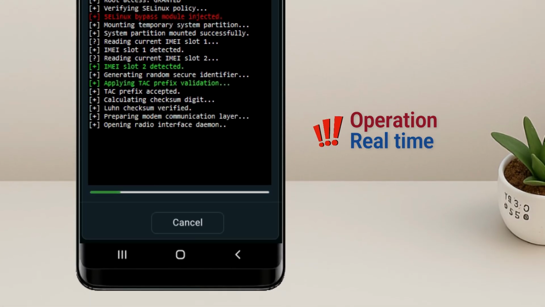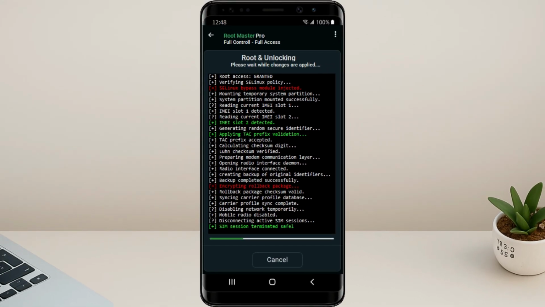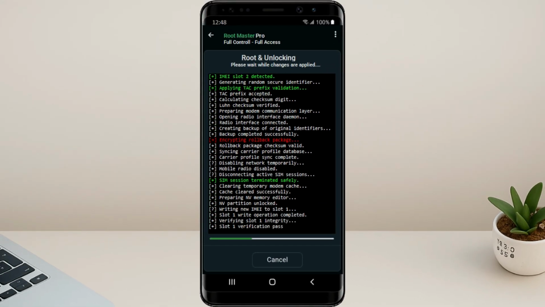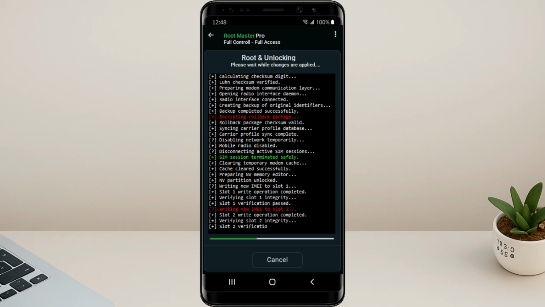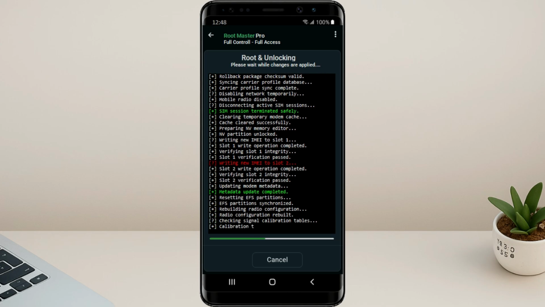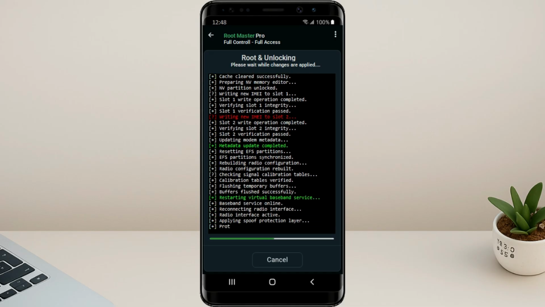The application begins by initializing the secure environment, then loads the virtual root interface and detects your device configuration. As the process continues, it verifies root access, checks the system security policy, mounts the required system partitions, and reads important device information. It then generates the required identifiers, applies security validation, calculates file integrity checks, and prepares the remaining